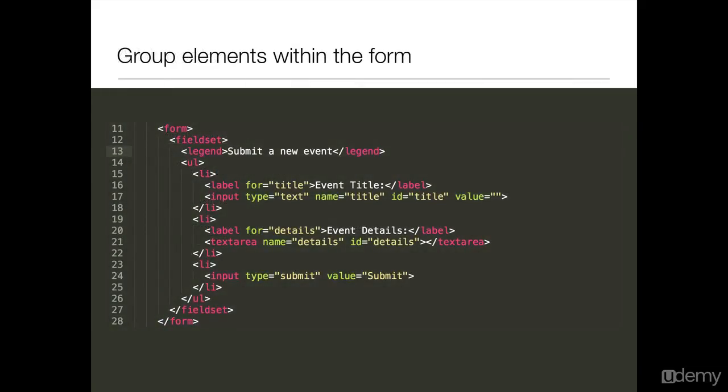One final thing, just to provide a little bit more structure. It's perhaps not so essential in this particular example, but what I've done here is to group the list, the unordered list, as a field set, identify that as a field set, and associate with that field set a legend. We're going to see how that looks in a moment,